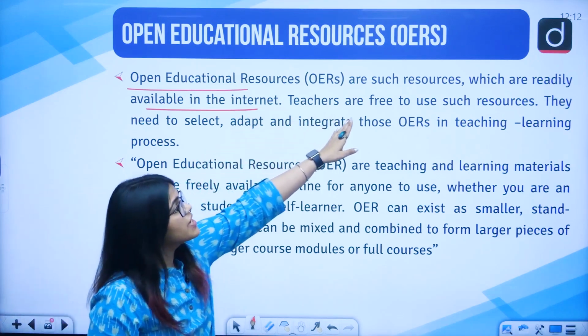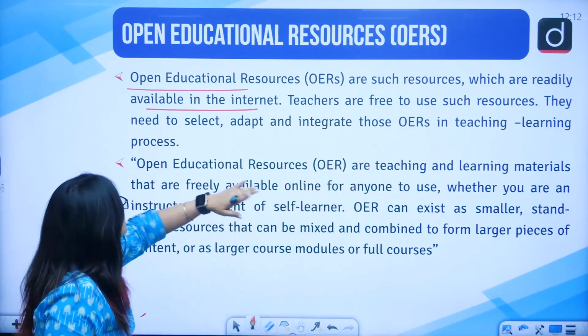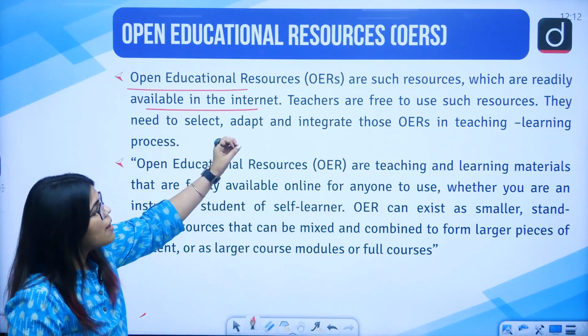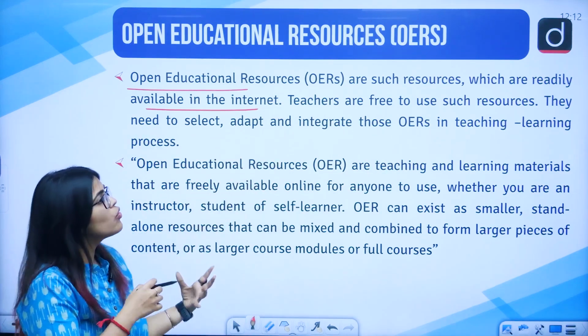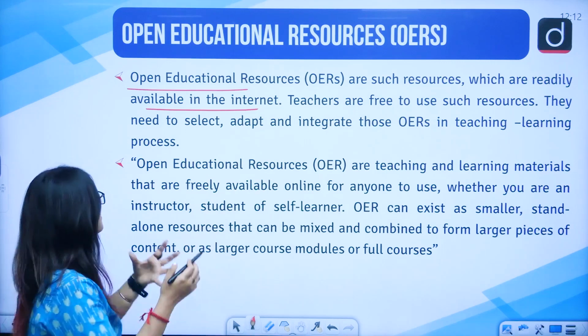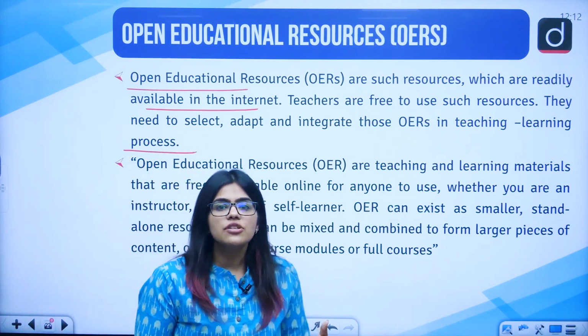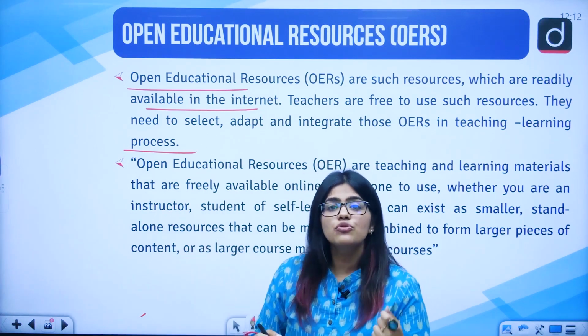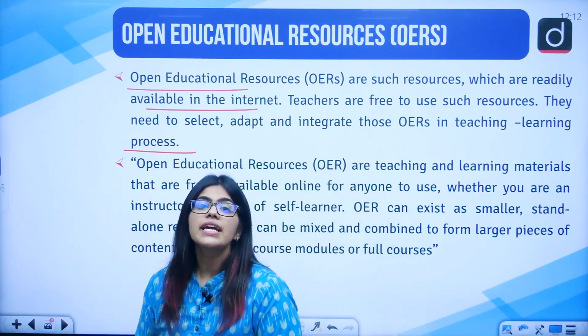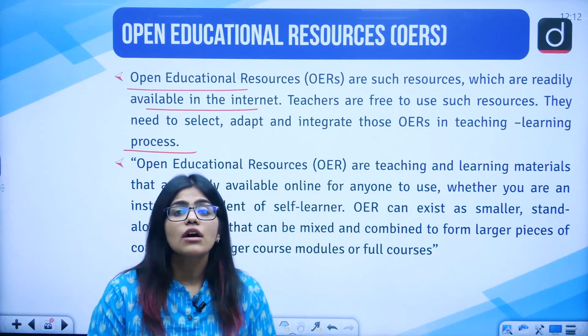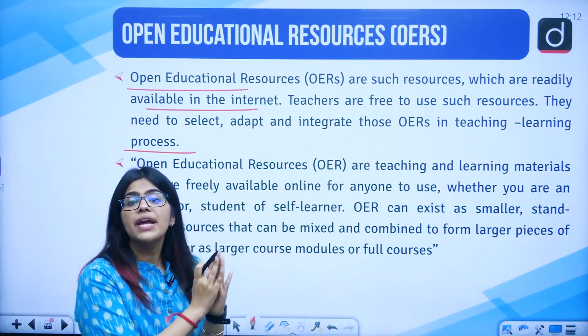So teachers are free to use these resources. They need to select, adapt and integrate those OERs in the teaching and learning processes which they want to. So if I want to teach using the internet, I can use these OERs in my classes.